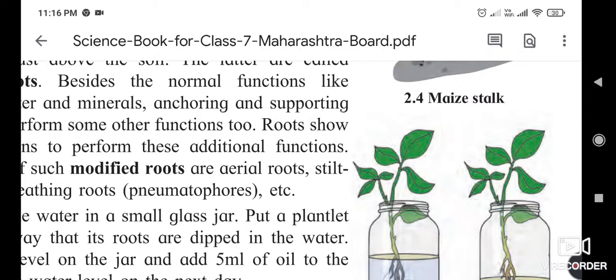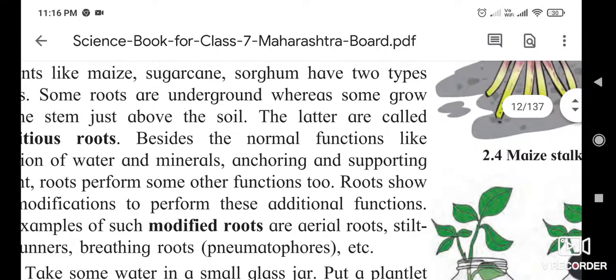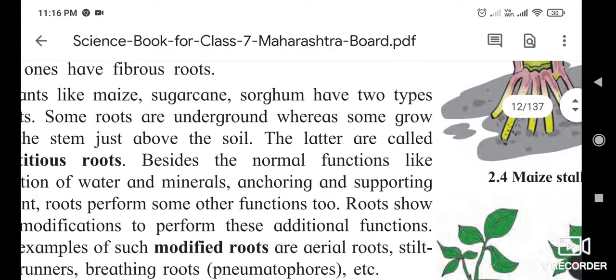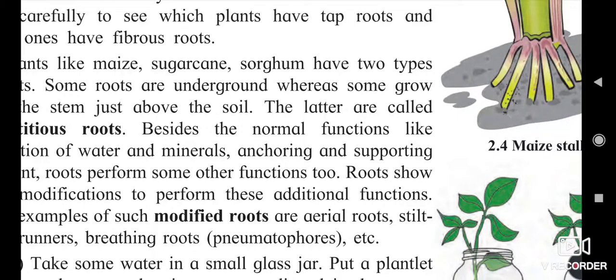In the previous lecture we saw the different types of roots: some are taproots, some fibrous roots, hair-like roots. We also saw that there are different parts like the plumule and radicle.